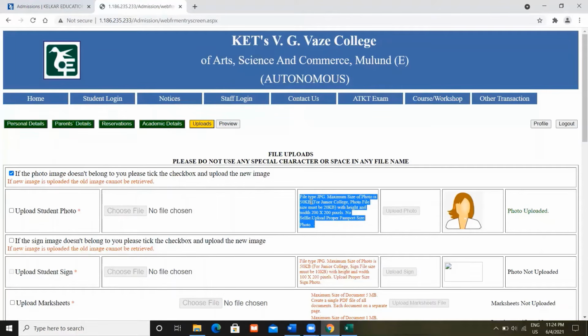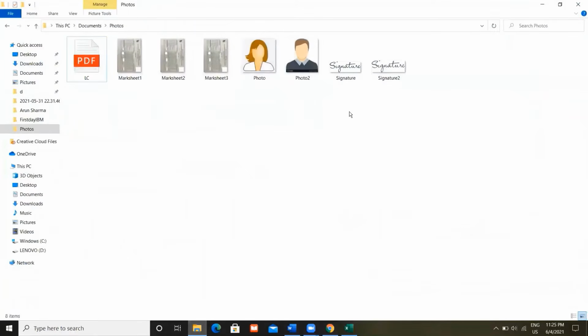I will show you how to resize the photo through one of the ways. There are many other tools or applications also available for it, but I will be showing it through a standard software, Paint, which is easily available software in Windows PC. So open the File Explorer. Suppose I want to upload this photo.